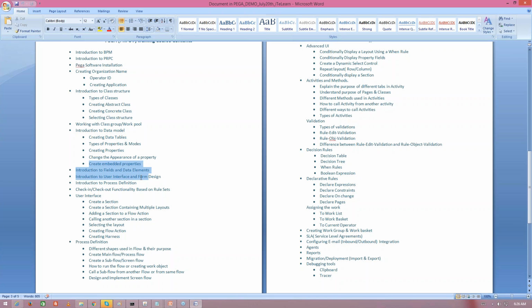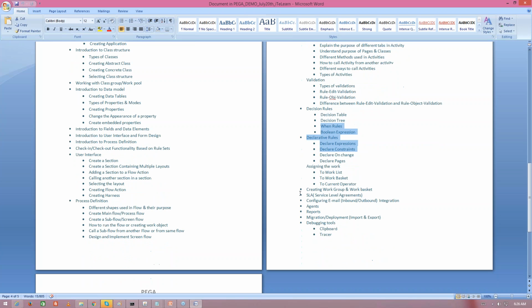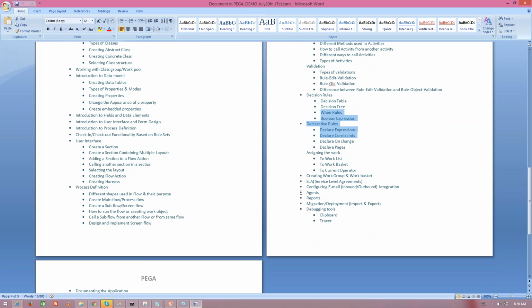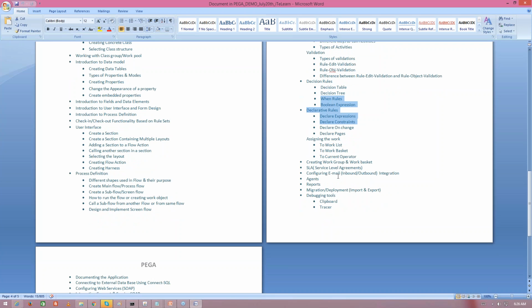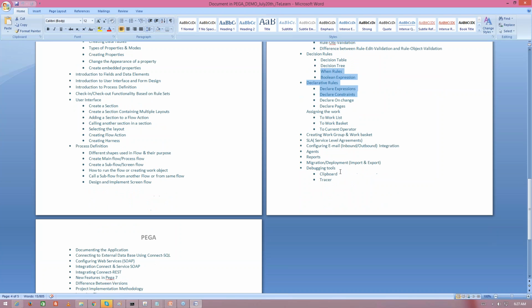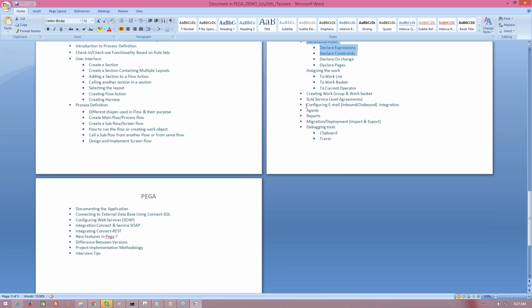And there are different kinds of validations, decisions, activities, methods, all these things. Though you don't have coding, you should know the validations and the navigational base. It's all navigation, a lot of navigation, though you don't have coding, right? But compared to a traditional language, where you need to write code, it's 80% or 90% better. So there are configurations of email, and at last we'll have an integration session also,